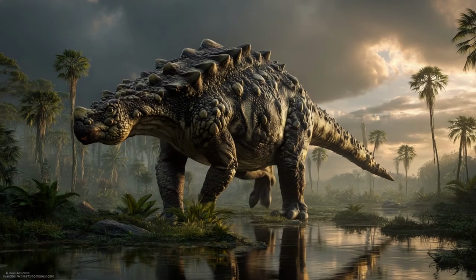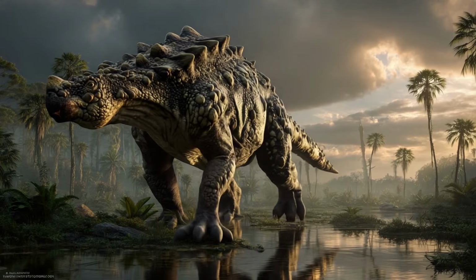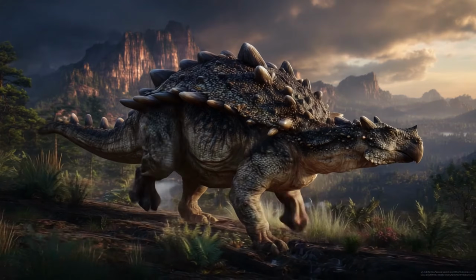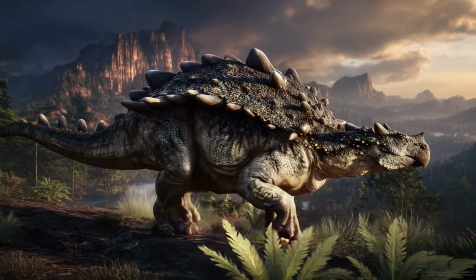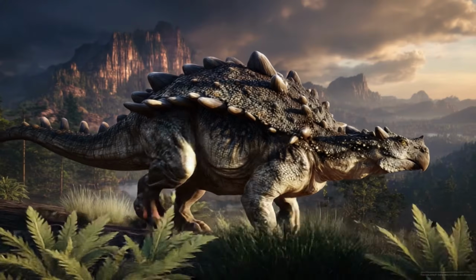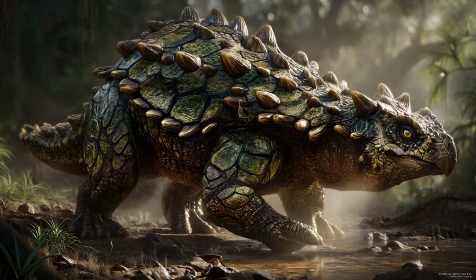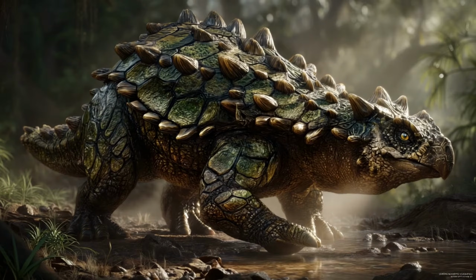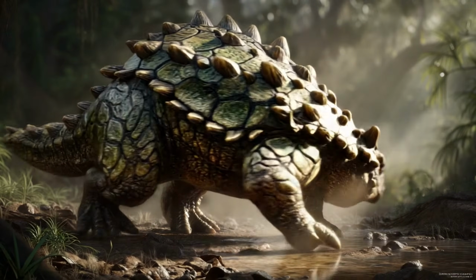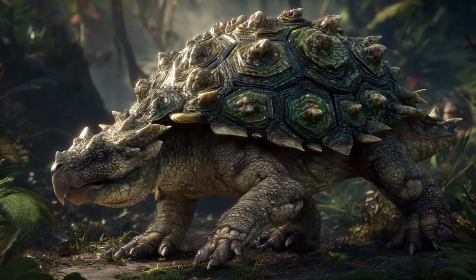Welcome to the late Cretaceous period, approximately 68 to 66 million years ago, a time when the Earth was warming, its landscapes shifting toward the end of the dinosaur age. The climate was temperate to subtropical, with vast plains, river valleys, and woodlands stretching across what is now western North America. Towering conifers and flowering plants dotted the terrain, while the air hummed with the buzz of insects and the